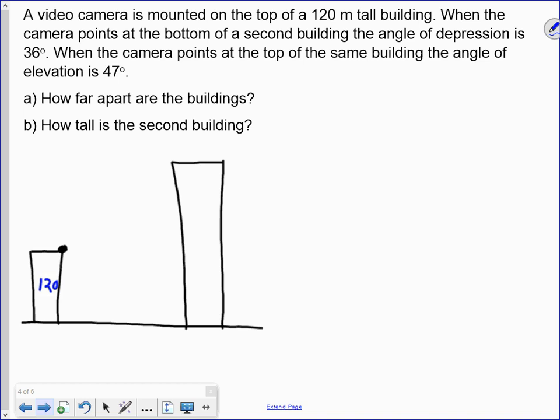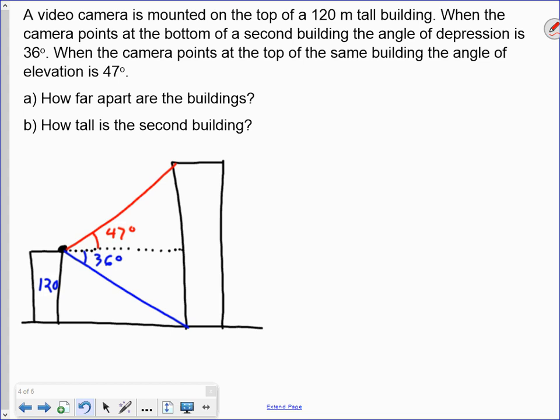Now, they tell us that when the camera points at the bottom of the second building, the angle of depression is 36 degrees. So if we go to our video camera and we draw in that horizontal across like this, when it looks down towards the building, our angle of depression is going to be this angle right in here, and that's going to be 36 degrees. When it looks up to the top of the building, the angle of elevation from the horizontal up to that